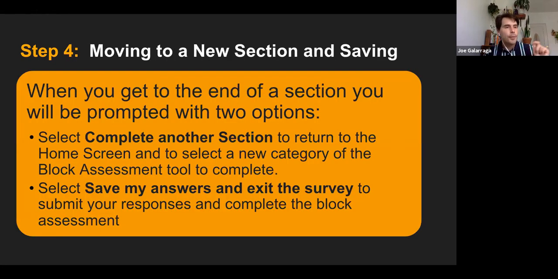And when you've gone through and clicked one of those and answered all of the questions, you'll be prompted to either complete another section of the survey, or you can save your answers and exit and come back and do that another time. Because as we saw before, there is that question where it says you can update your survey. So if you answered only questions about industry or physical disrepair, you might be able to update and do something about the housing or whatever it might be.